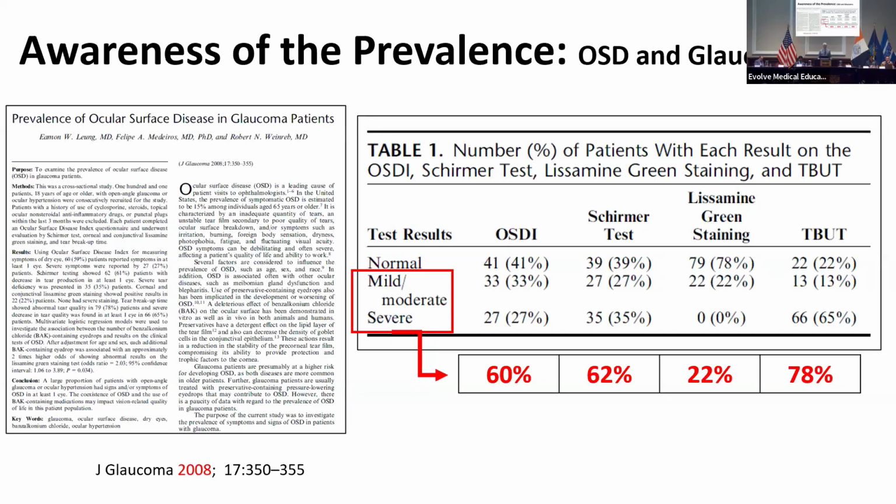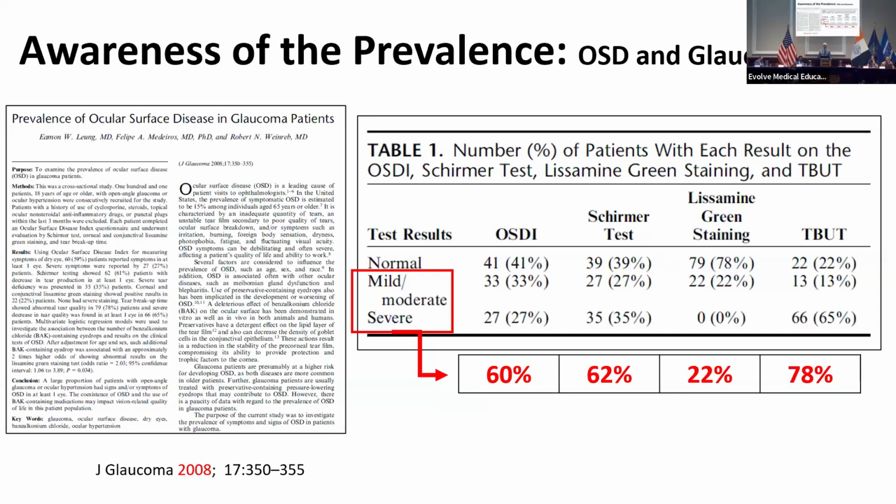So awareness and prevalence of ocular surface disease and glaucoma has been well known for quite some time. And in this 2008 article from Dr. Weinreb and his group, it really clearly identified the prevalence of OSD in the glaucoma patient population. And I sort of segmented out the mild to moderate stage